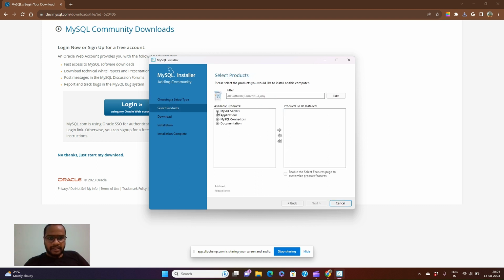Here you can see the plus icon, so just expand it. Again expand MySQL server. Again expand MySQL server 8.0. Select the first one and tap this green arrow or the right arrow. So you can see MySQL server 8.0.34 on the right hand side of the box,